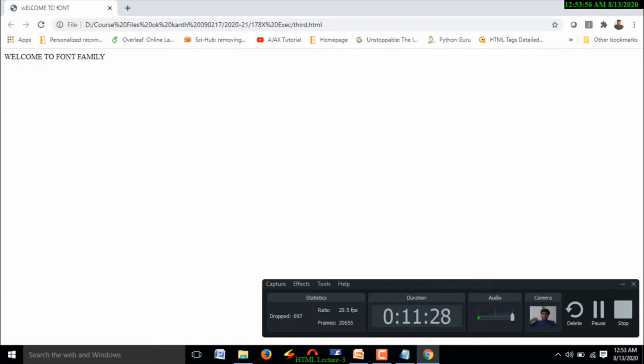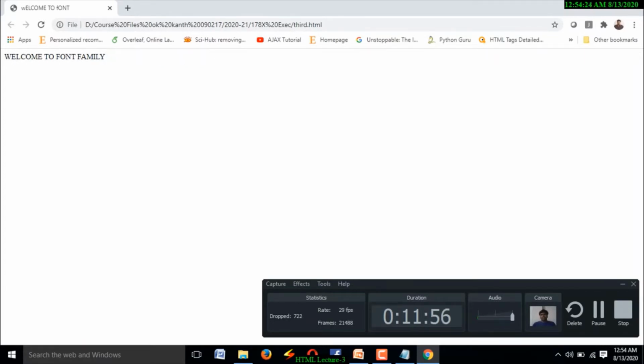See what I am going to get. I am going to get only one. That is the first one, "welcome to font family". What about the second one? Is the second one removed? No. See, if all are zeros, we are going to get black color. If all are F's, if you select this, you are going to get the text.